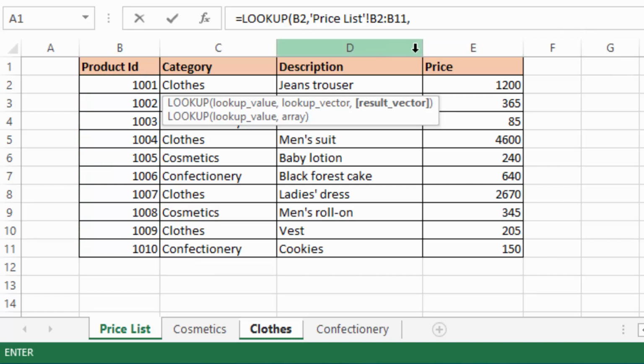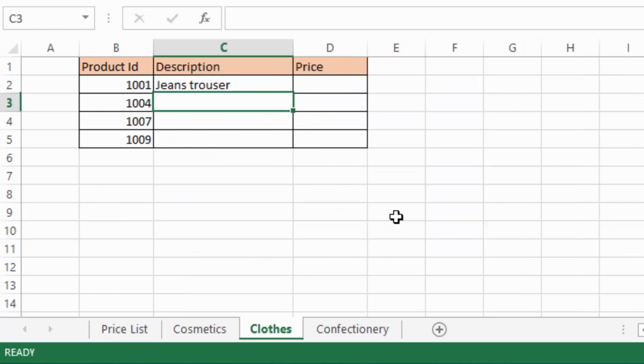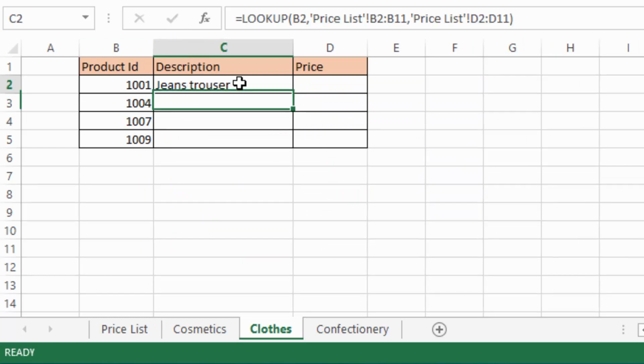Then I will select the description, where to pick description for that particular item. Then I will just close the bracket and press enter. So 101 should be jeans trouser. Let me confirm if